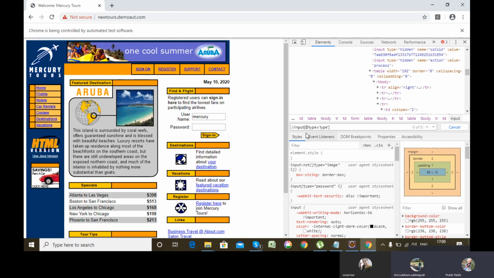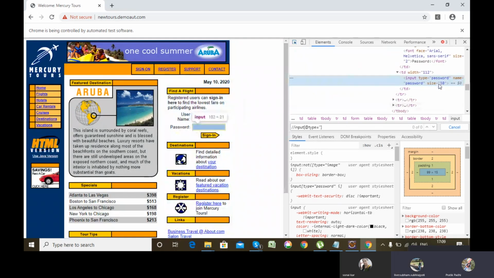Only for the password field it is type is equal to password. This is for the password text area, but I need the XPath of this particular web element.